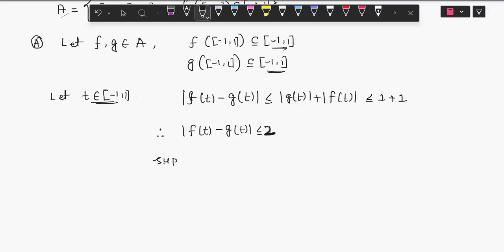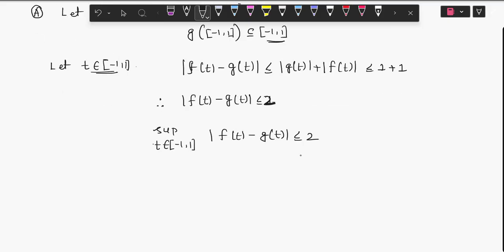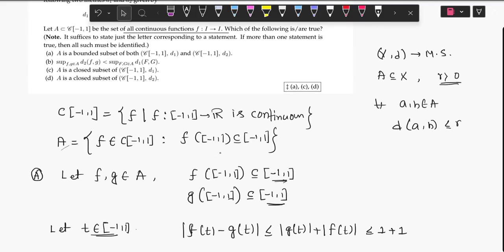And this holds for all t belongs to [-1,1], now if we take supremum over t belongs to [-1,1], we have supremum of modulus f of t minus g of t is less or equals to 2, therefore हम लोग बोल सकते हैं कि d1 of f, g is less or equals to 2, for all f, g belongs to A। Therefore the conclusion of this is A is bounded with respect to the metric d1। देखते हैं कि d2 से क्या होगा।